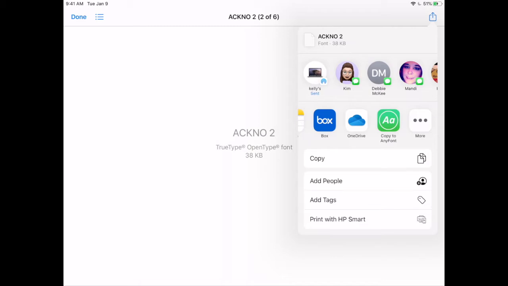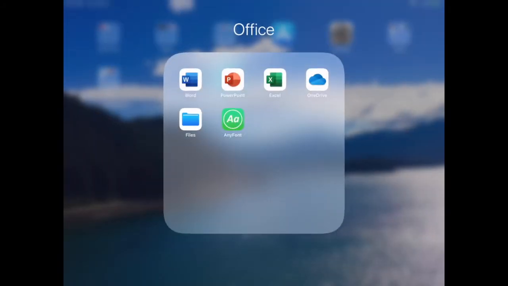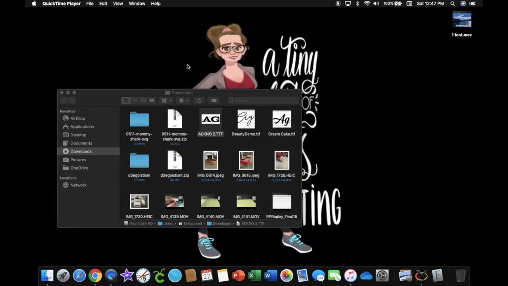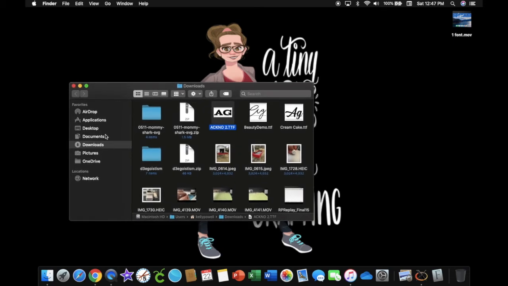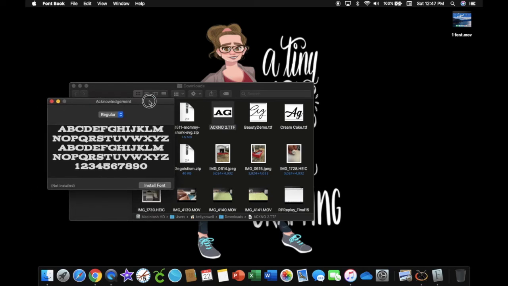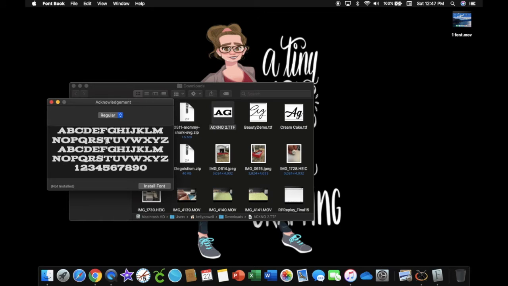And now I'm going to get out of this, and I'm going to show you what I do with it on the computer from here. Okay, so now I'm on my computer and I'm in my downloads file. I'm going to go to the acknowledge. It's going to bring up my font book where I have all my fonts, and I'm going to install fonts,